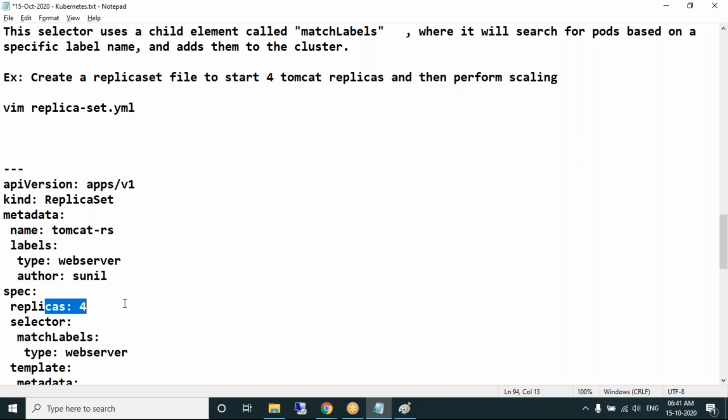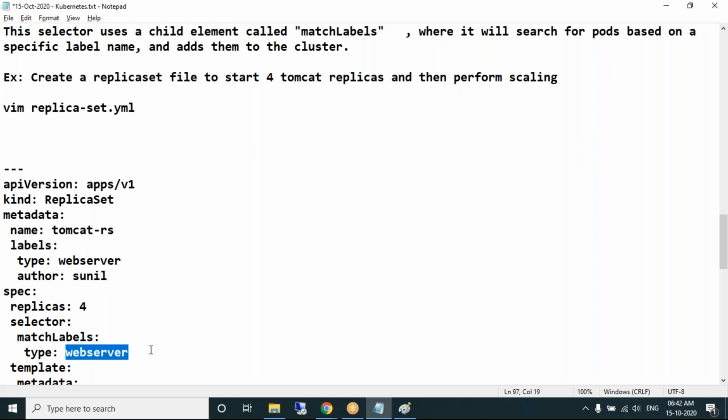If there is already any web server container, that will be added, and only 3 containers will be created. Did you understand? Instead of creating 4 pods, it uses an existing pod, if that existing pod matches the web server label.